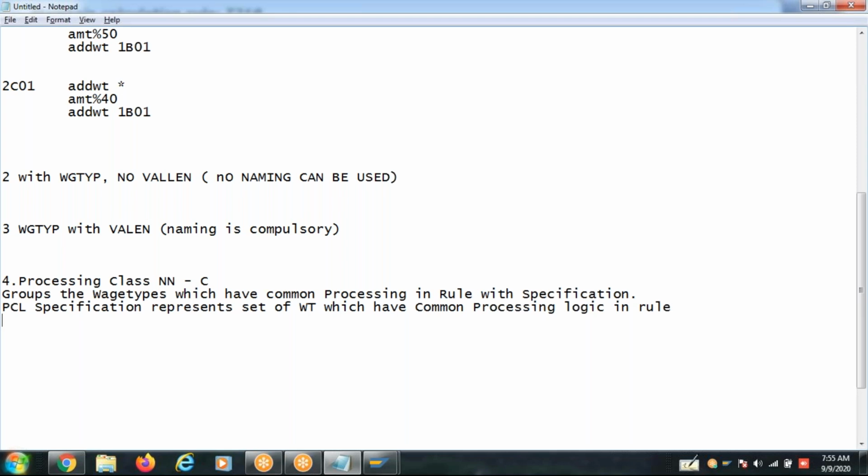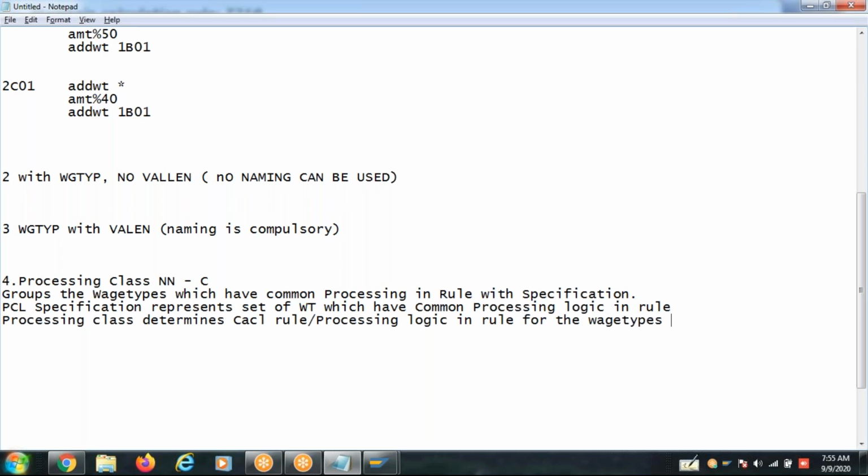Or you can say another way, the processing class determines the calculation rule or processing logic. In any way you can say the answer.